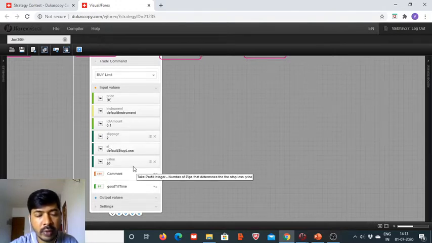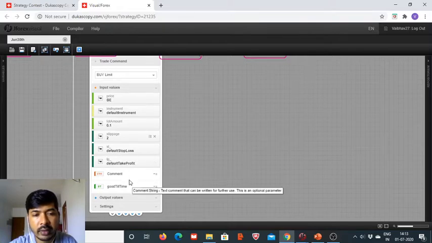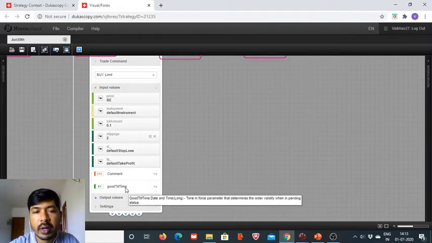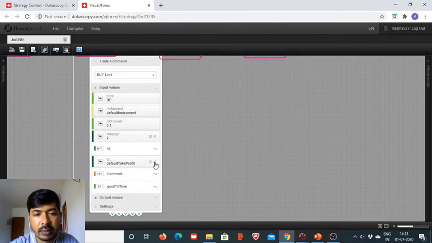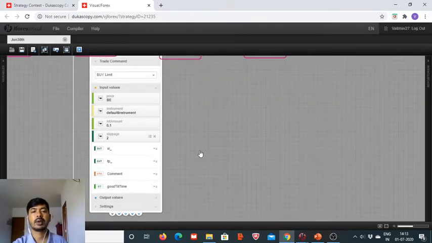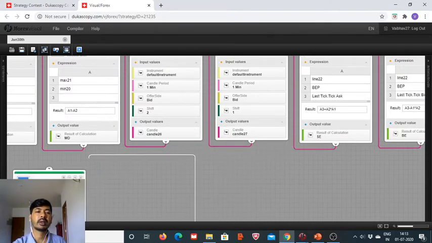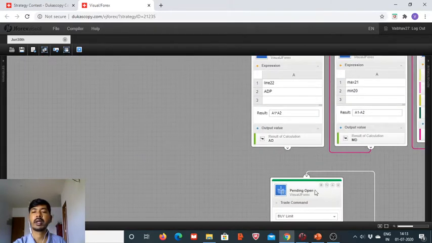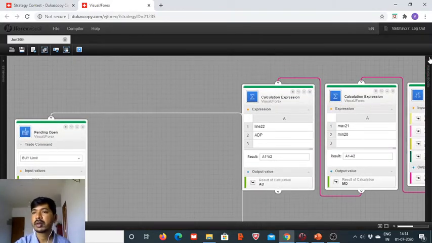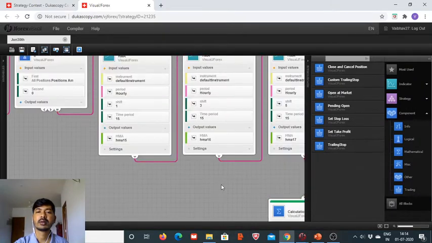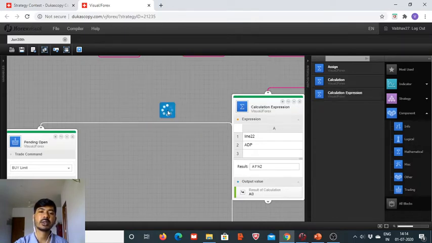Now we have to create fresh variables to take place of this stop loss and target price, the take profit, as well as the order validity time. So what we will need to do is do some fresh calculations, and then we will have the required variables in place. So let us now again start doing the calculations. Mathematical calculation expression,